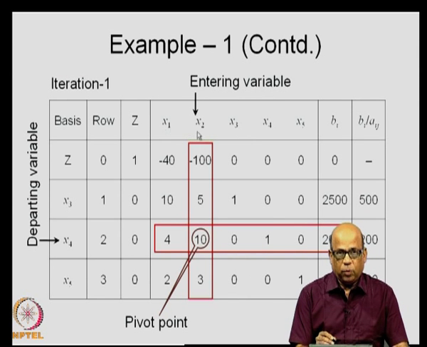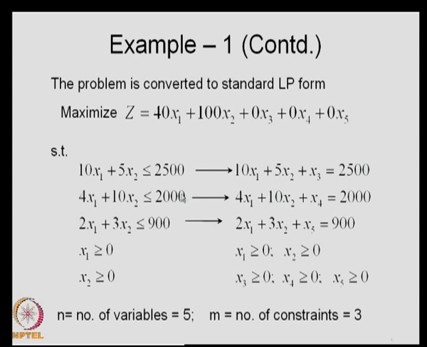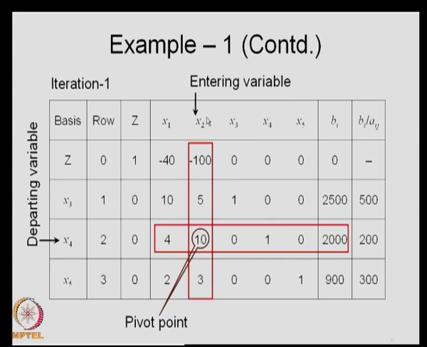So, our non-basic variables are x 1 and x 2, you are setting them to 0 and like we did in the last class, you write also z as one of the rows. So, we are writing it as z minus 40 x 1 minus 100 x 2 minus 0 x 3 minus 0 x 4 minus 0 x 5 is equal to 0. That is the z row. So, that is how you write the z row.